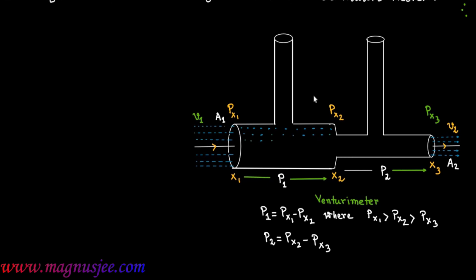Liquid is flowing from left to right through the pipe X1, X2 with a rate V by T. Similarly, liquid will be flowing through the pipe X2, X3 from left to right, as the pressure at the end X2 is greater than the pressure at the end X3. V by T is the rate of flow of liquid through the first pipe, and similarly V by T is also the rate of flow through the second pipe. This rate of flow through the two pipes will be the same because they are connected in series combination.